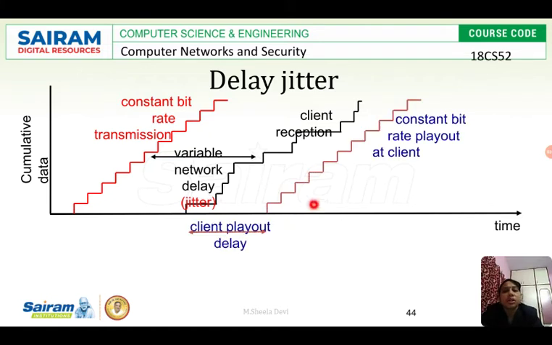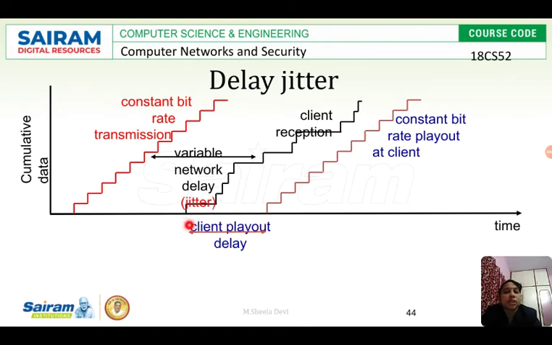See, this is the time at which the client receives the audio packets, and this is the play out time. So even if there is variation in the packet reception, the play out should not have delay variation, so the data will be buffered and played after a certain duration, so that the play out will be constant. If some delay is there, then it would be silent and it will not have continuous play out. So the play out is done after some duration of the reception at the client.